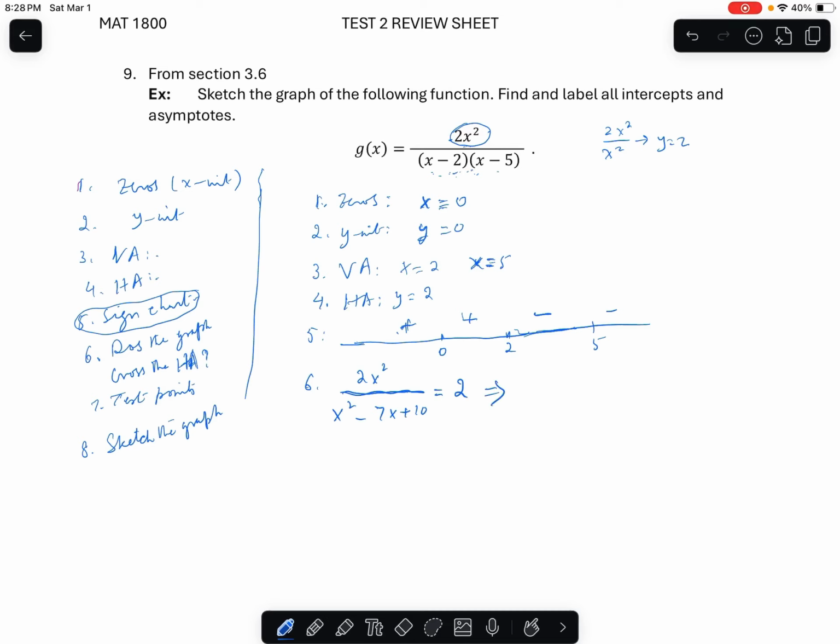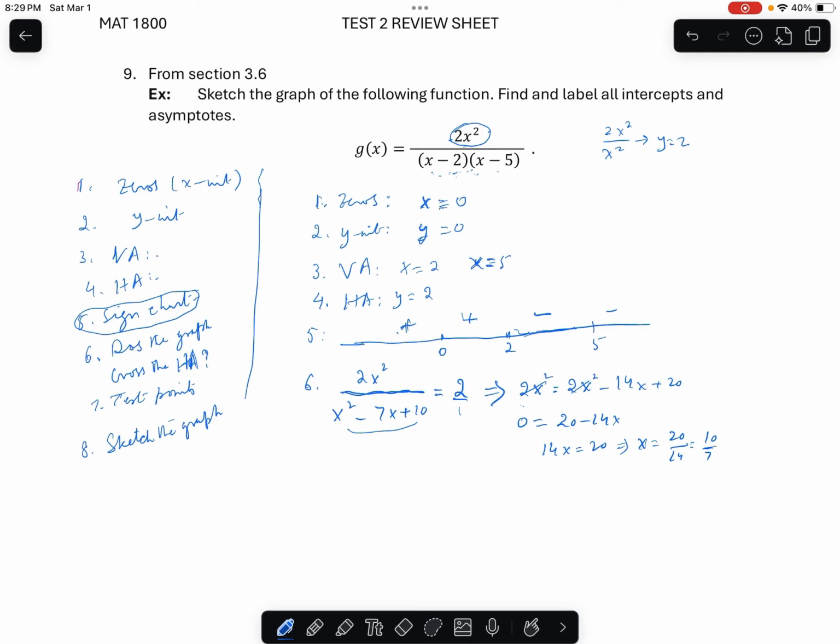So you can multiply by the denominator on both sides, or you can say we can cross multiply. I get 2x squared is equal to 2 times this factor. So I get 2x squared minus 14x plus 20. So you see, subtract 2x squared from here and here, you can cancel. So 0 equals 20 minus 14x, or 14x is equal to 20, or x is equal to 20 over 14, or 10 over 7,